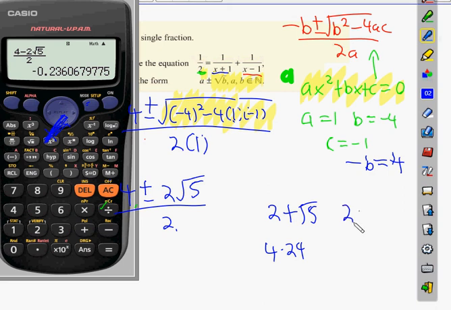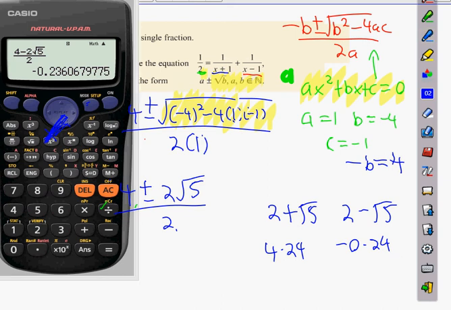Alright. How does that make sense, minus 0.23? It's like owing somebody 24 cents. You're negative 24 cents. Okay guys, so